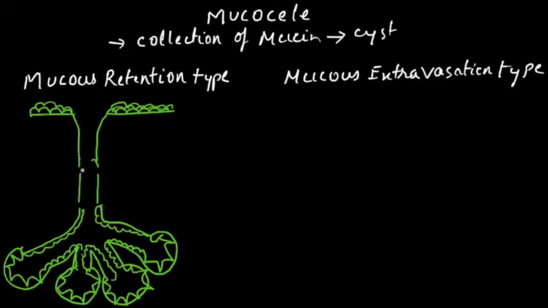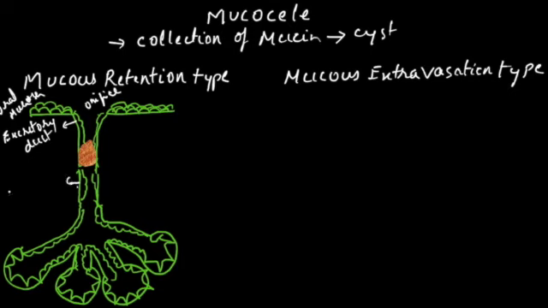Now the function of the acini is to produce the saliva. So all these ducts are lined by the epithelial cells, ductal epithelial cells. Now we will put a blockage and now we'll label everything. So this is the excretory duct of the salivary gland. This is the orifice, that is the opening of the salivary gland into the oral mucosa, and that's the oral mucosa. This is the duct again, and these are the acinar system.